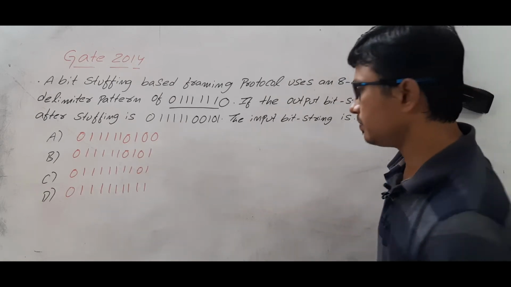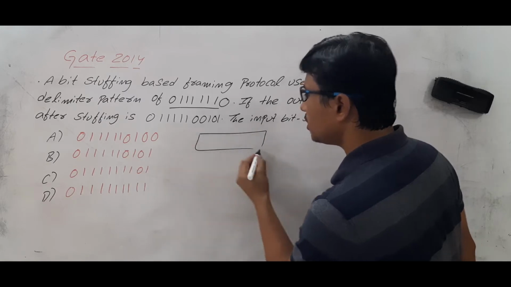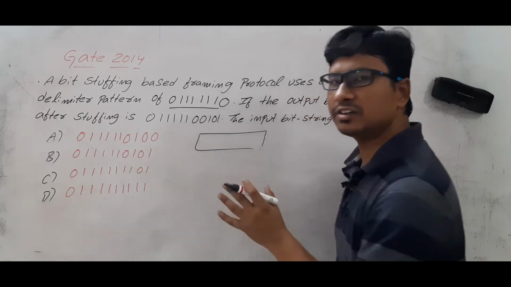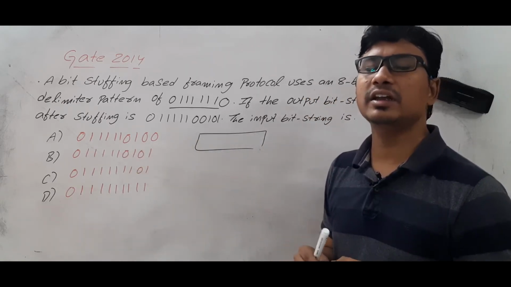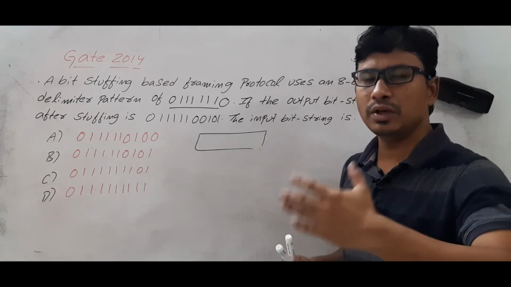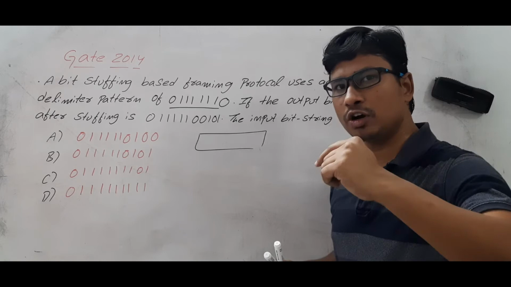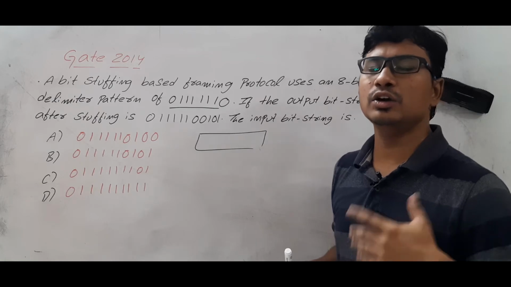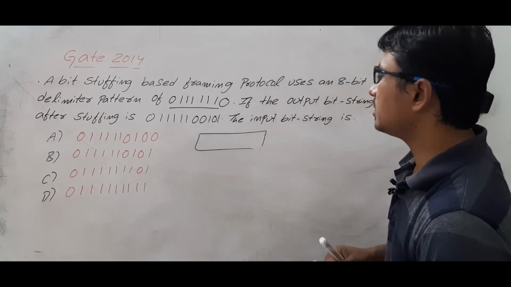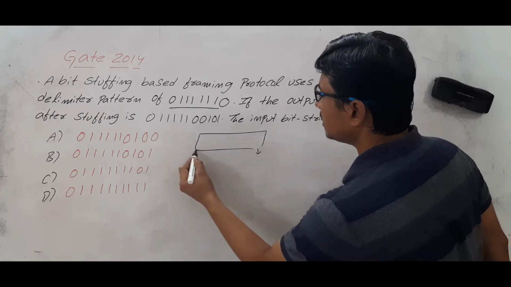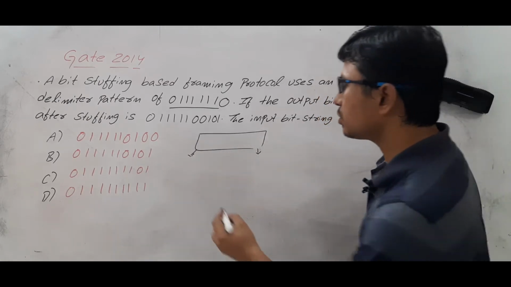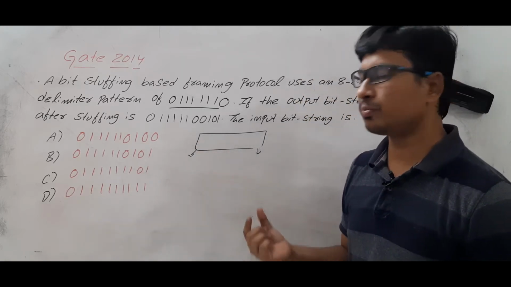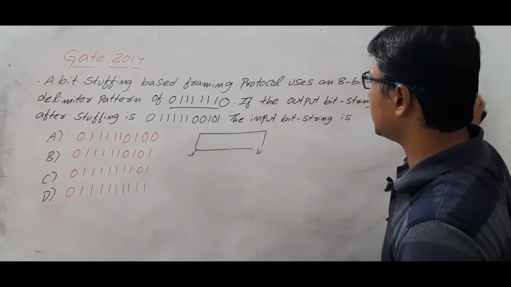For any frame, you should know what is the starting and ending of the frame. Then you can easily differentiate between the frames, because at the data link layer, data will be sent in terms of frames. When it is sending the frames, you should identify each frame's starting location and ending location. If you make a mistake, then you will receive the entire data in a wrong way. That's why we have the start frame delimiter, end delimiter, and then the data. They have given the end delimiter, because the data and end delimiter always create a lot of problems. The start frame delimiter does not create any problem.